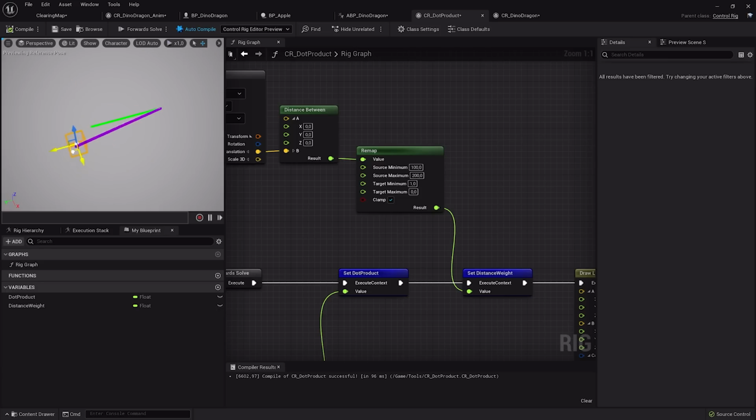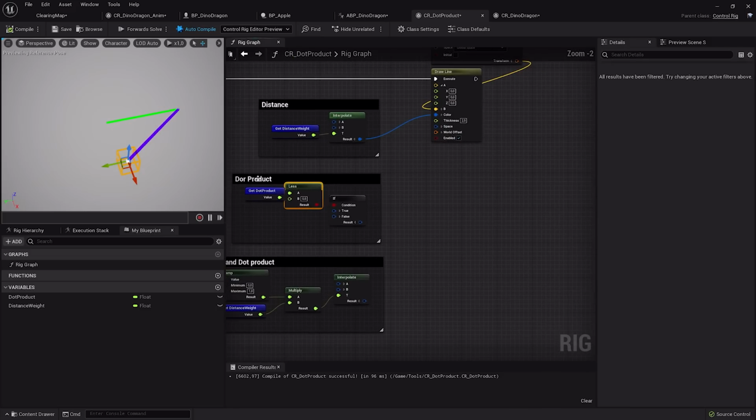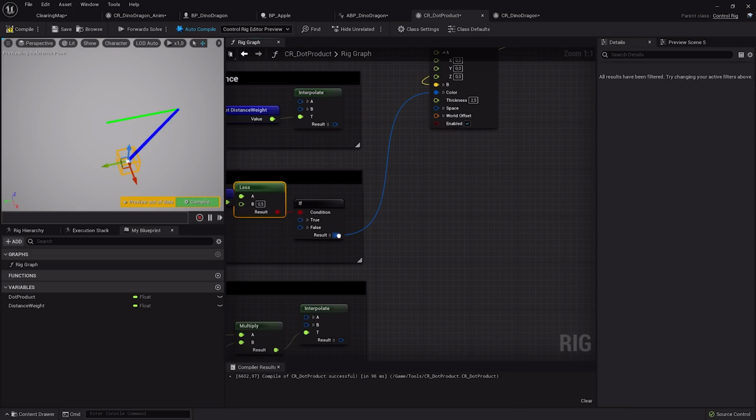So that's already good for the distance, but not for the angle. So how do we do that when we look to the back? And we can use a dot product for that. So in this case, the forward axis here is y, so that's what we use there. And then we normalize our direction. And if we now feed this into our color thing and set this to 0, then when it's blue, when it's in this direction, on particular it is 0, and on the back it's turning red because it's negative. So in our case, we put 0.5, which is in this direction, and that gives us a result we want.